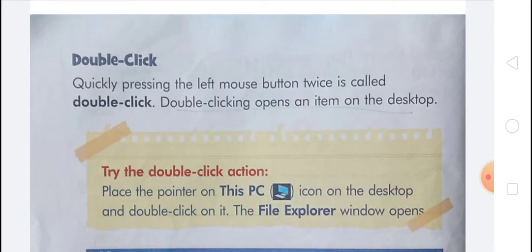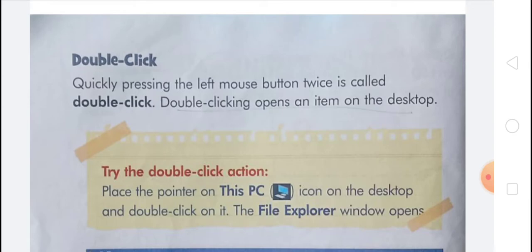And now the topic is types of mouse. A mouse uses either a ball or light for the movement of the mouse pointer, and a mouse can be used for many things such as pointing an item, selecting an item, playing games, and drawing and coloring.